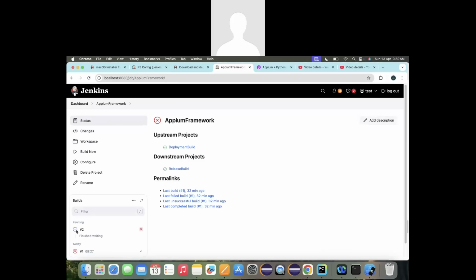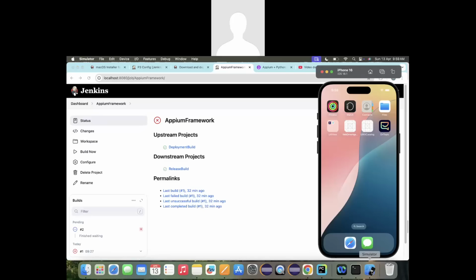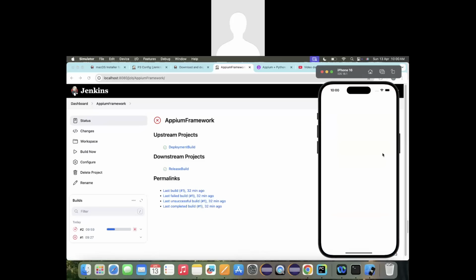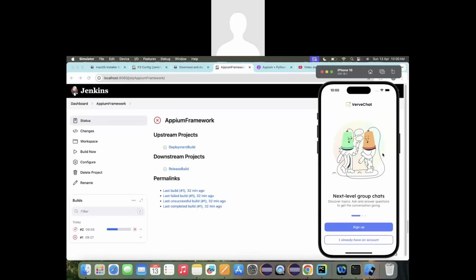See, the second execution is happening. If you see, it should launch the mobile app and perform those particular actions on that mobile app. I know the mobile automation build is failing because of some issues that we have in the code